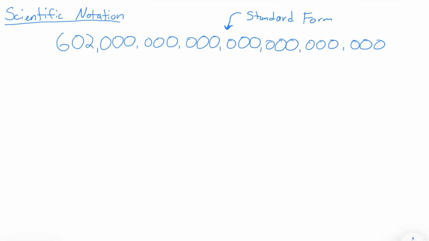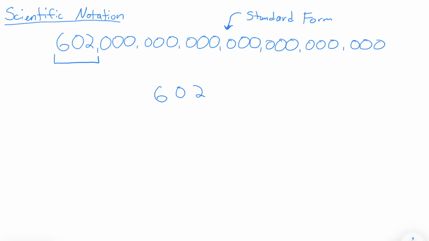And what the scientific notation does is it condenses this number down into a little bit more simple way to express it. And there are a few tricks, and we'll talk about that as we go, okay? So basically what we're gonna do is pull out all of the quote unquote meaningful numbers here. You'll notice that the 602 hexillion number has 602 and then a bunch of zeros following it, okay? So basically we're gonna forget about most of those zeros and just write 602. So I'll write that down below,